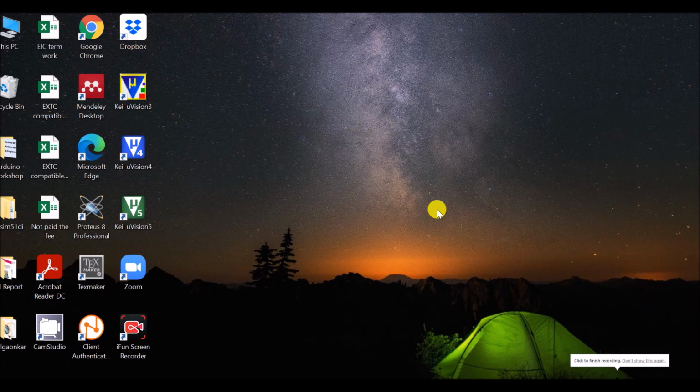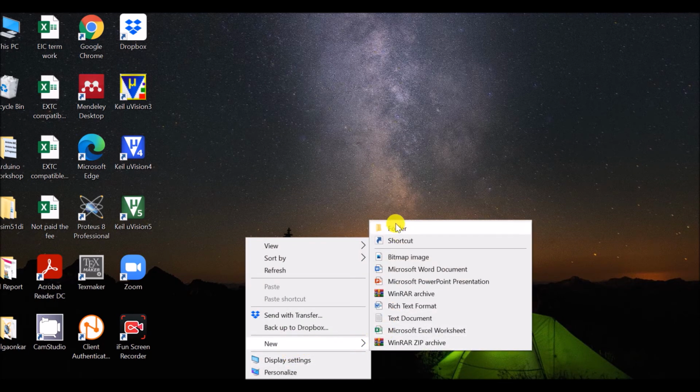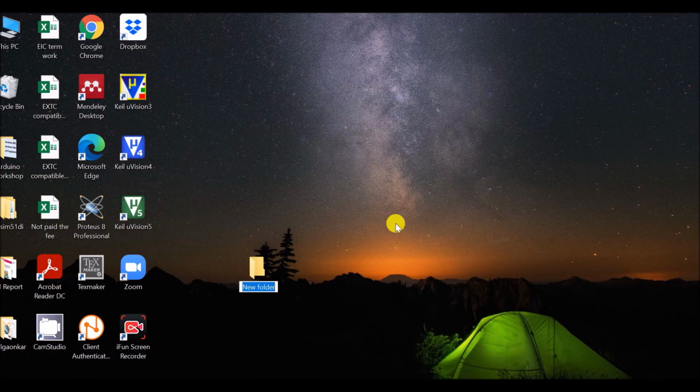We are going to simulate this experiment on Proteus. So first of all, create a folder on one of the drives. I am creating a folder on the desktop with the name simulation. I will store everything in this folder.